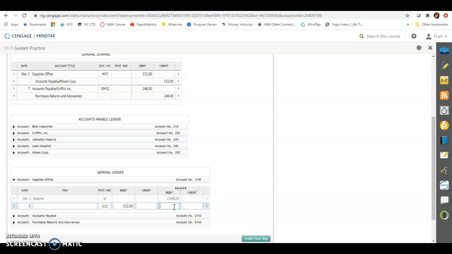So we have 29.48 plus 532. We got 34.80. Okay, and we posted it, so we're going to put the post reference up here showing that we posted it. Now this is what's going to be a little bit different. So we're going to post this to the accounts payable control account, and we're going to post it to Milam